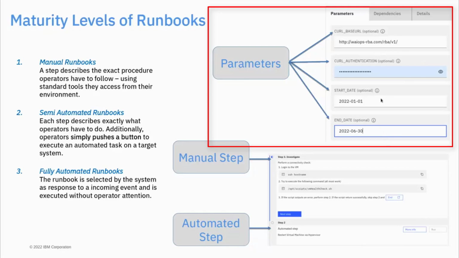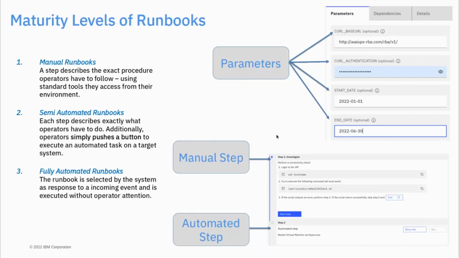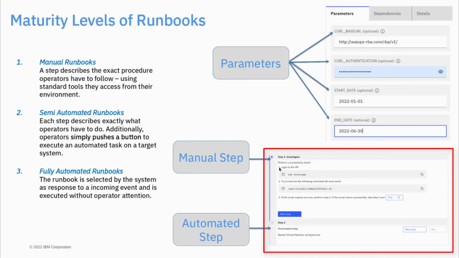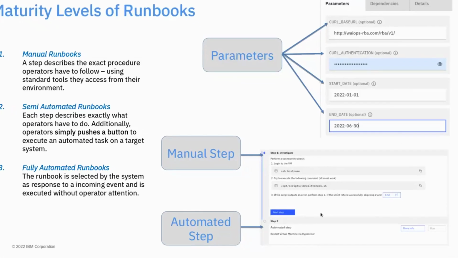You see on the upper right-hand side, we do have string parameters, we do have hidden password parameters, we do have parameters that can contain something like a date or a number or even a Boolean parameter. In the screenshot below, you can see we do have steps in our runbooks,